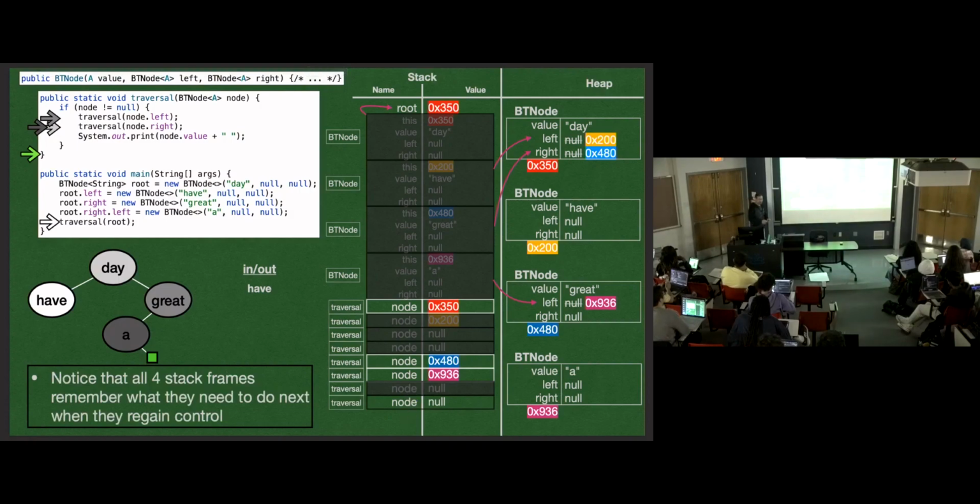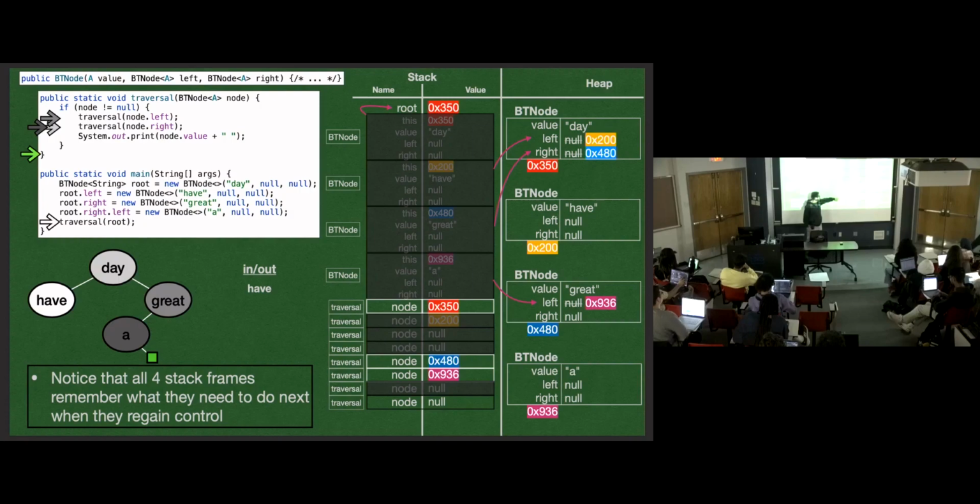And at this point, I want to slow down a sec. I don't have a ton of time to slow down, but we've got 2 minutes. We can stay on this slide for the rest of the lecture. And this is as complicated as this recursive call is going to get. So let's digest this a little bit here. We have 4 recursive calls on the frame, plus the main stack frame. We got 5 stack frames on the stack.